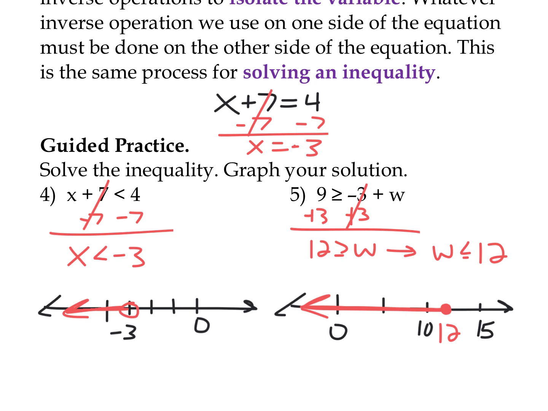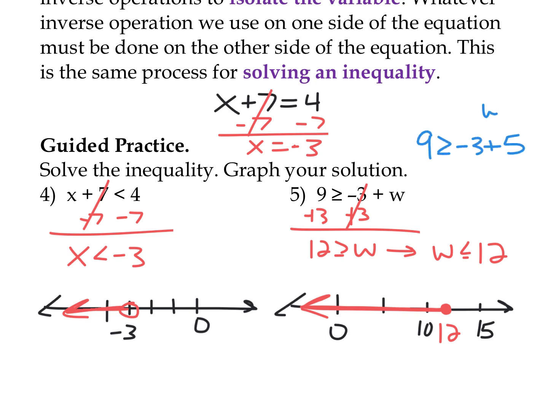For any of these, you can check your solution. So let's just go back to this one we just did here. If we want to check, we could take any of these numbers that are on our graph. These all should be solutions to our original inequality. So let's take 5. If I want to check and see, I could plug a 5 in here. Negative 3 plus 5 is 2. So I'd have 9 is greater than or equal to 2, right? If I plug in a 5 there,